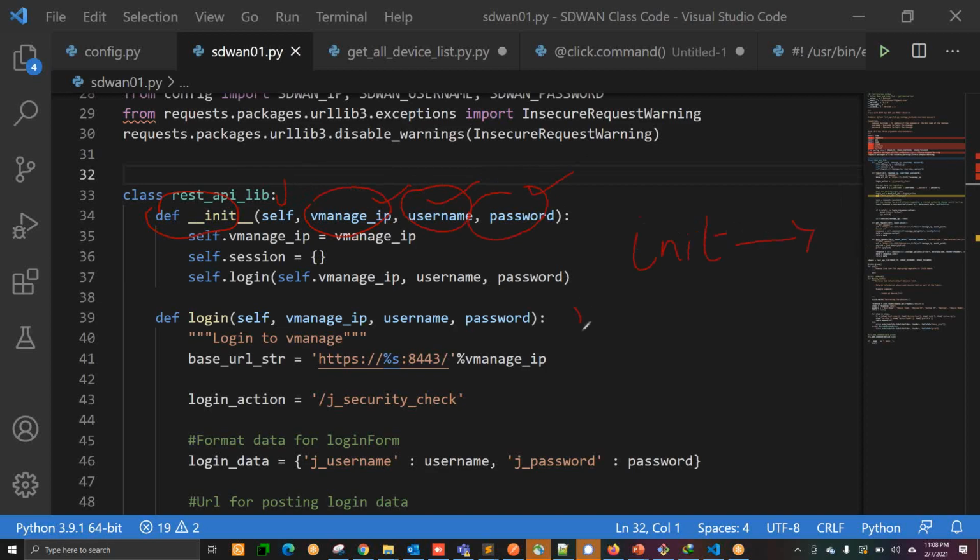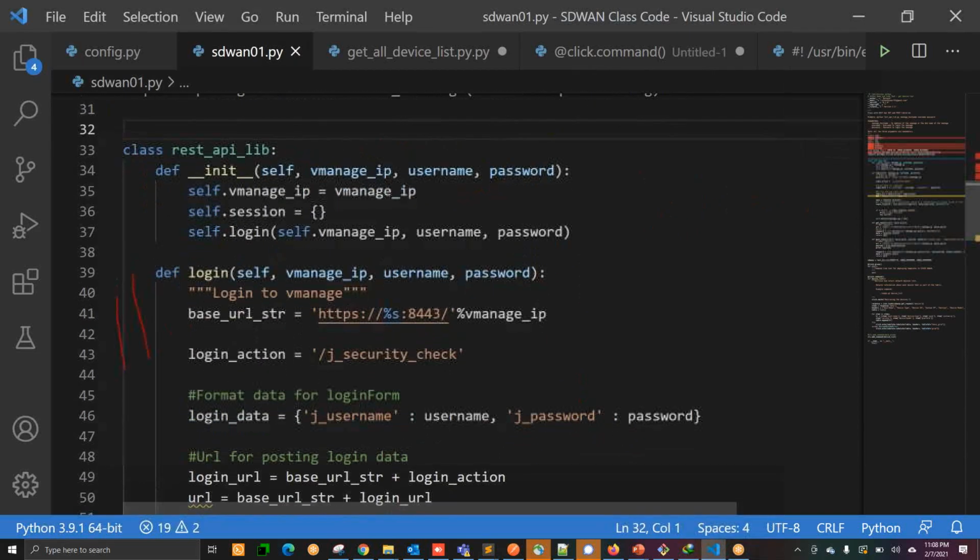Then you want to log in. Here you can see login to the vManage. Now, when you do the login, then at that time you require the username and the password. Now, the next portion here, if I scroll a little bit down, you will find the next thing that we have here. So let me scroll down.